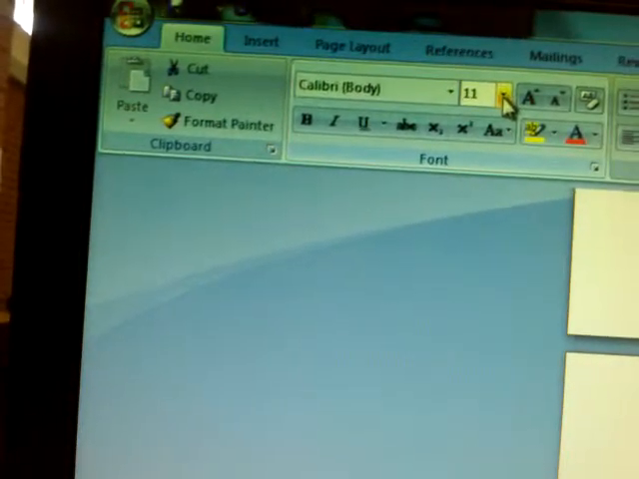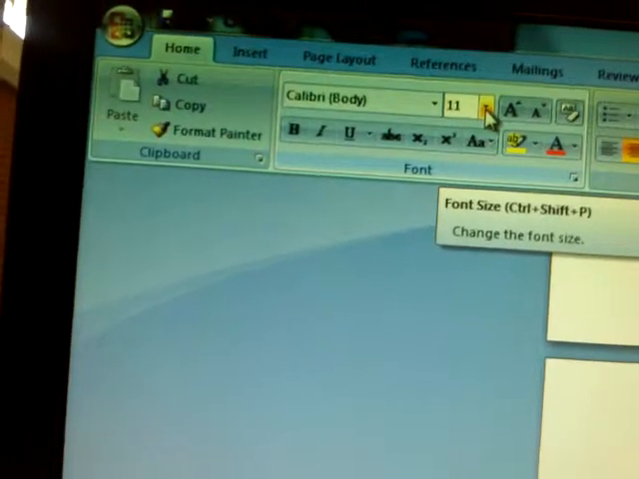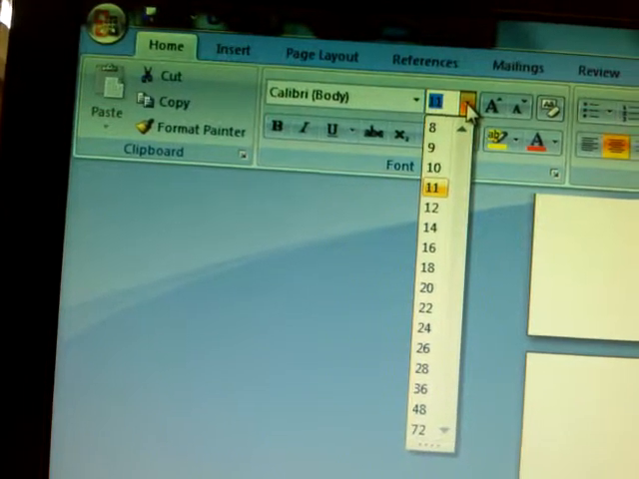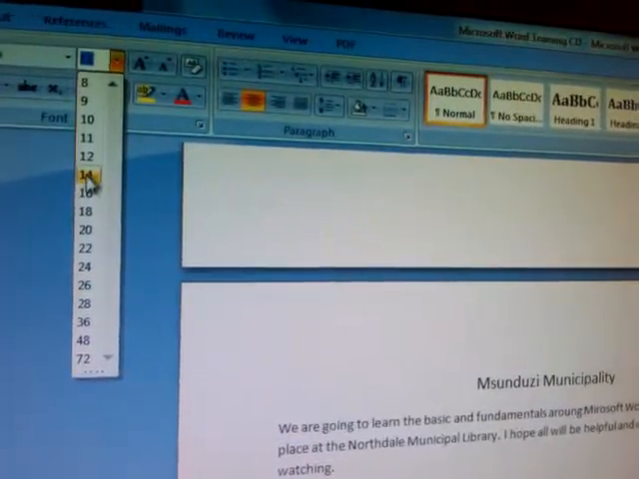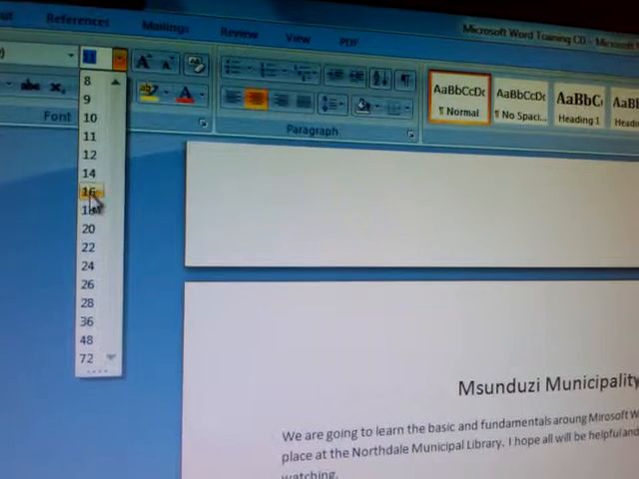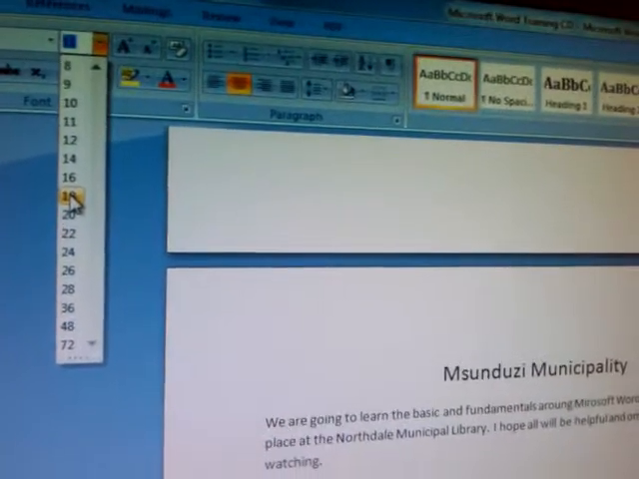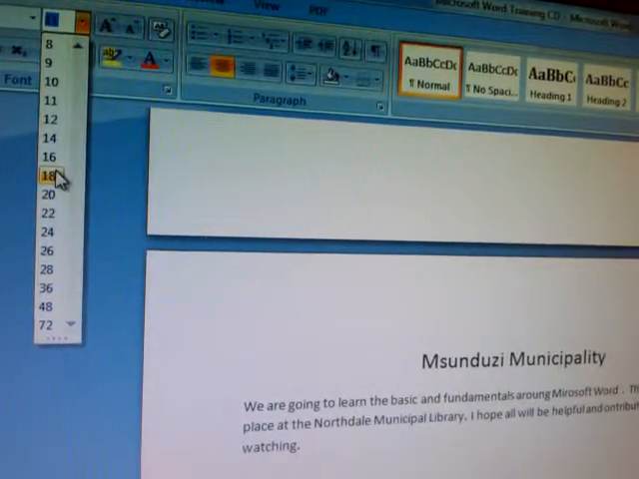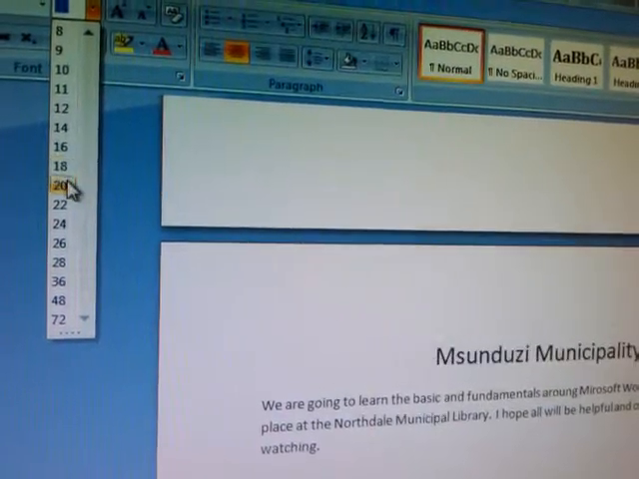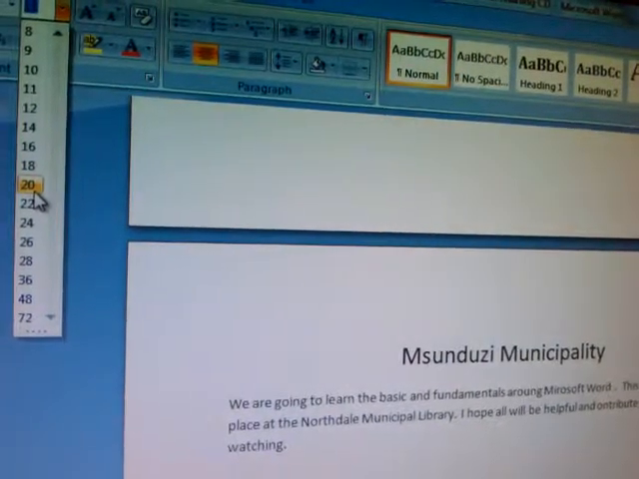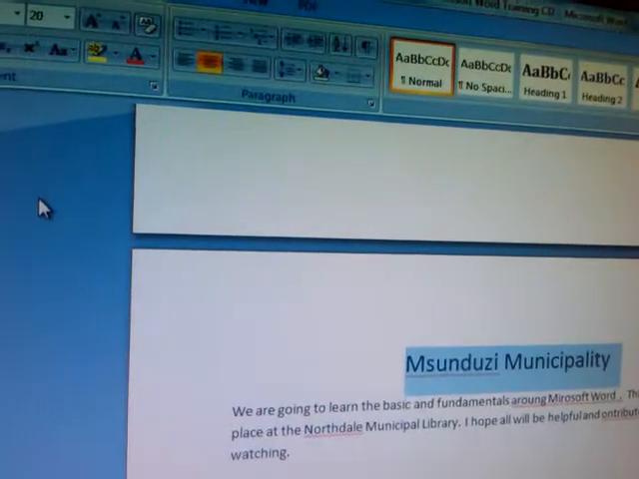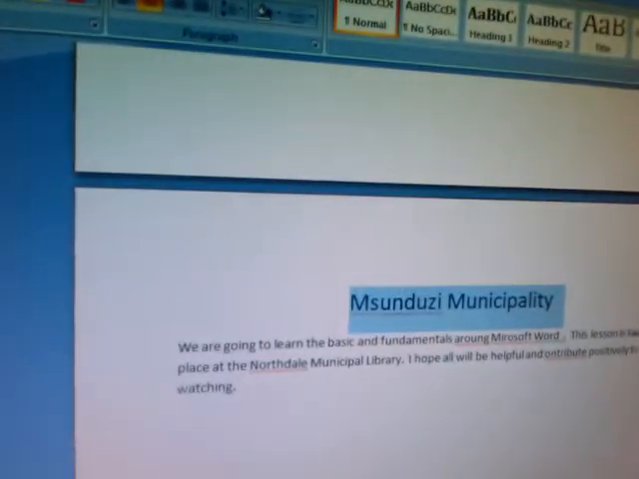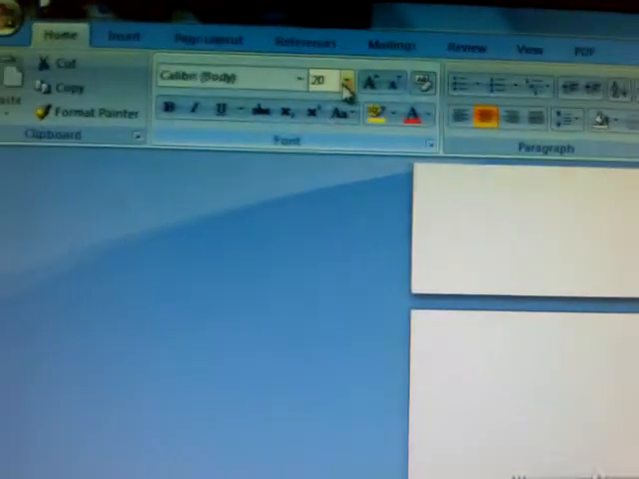To change the font, you go to font. As you can see here, it's selected 11. Then we're going to click the arrow pointing downward, and we're going to select. As I'm moving my mouse pointer down, these numbers are increasing and decreasing, you can see that there's a change. It changes to be bigger and smaller. Let's use the text size 20. Now the text has changed. It is now bigger because we've selected